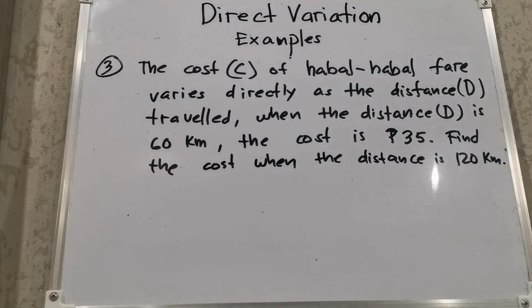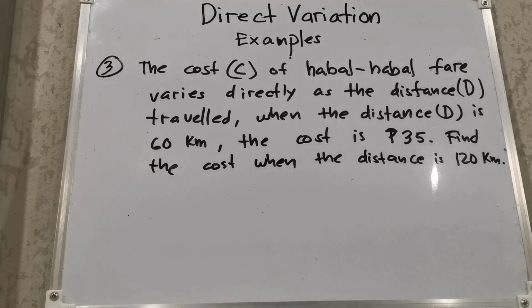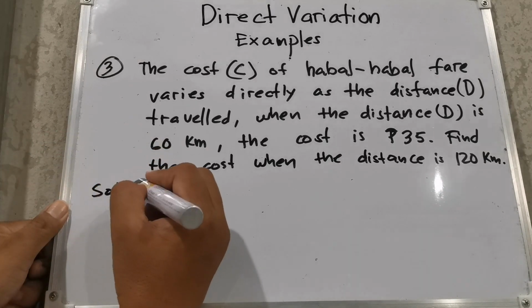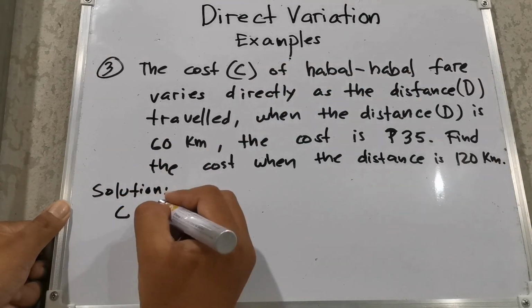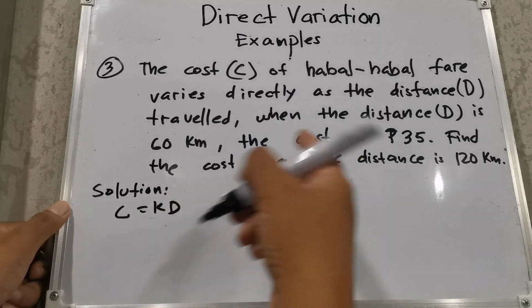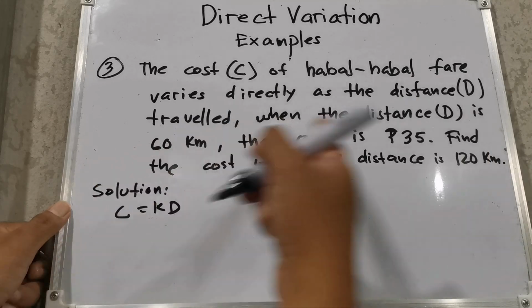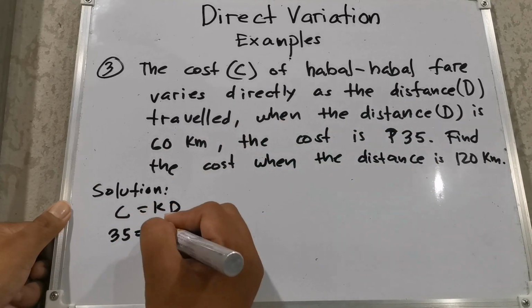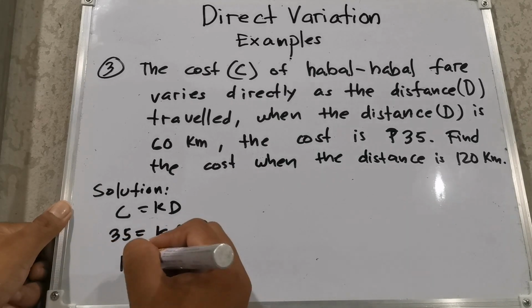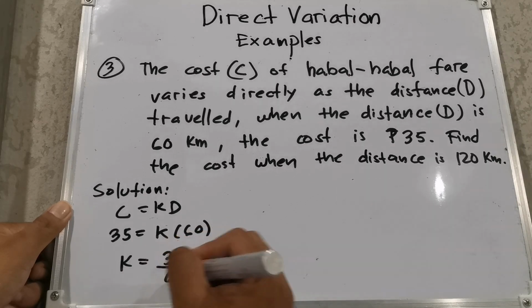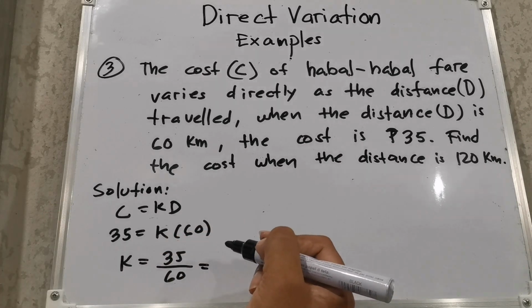Okay, so our third example is: the cost C of a habal fare varies directly as the distance D traveled. When the distance D is 60 kilometers, the cost is 35 pesos. Find the cost when the distance is 120 kilometers. So here is our solution. We're going to make our formula that cost C varies directly as the distance. That will be C equals kD. Okay, and then we replace our values. Distance is 60 kilometers and our fare is 35 pesos. So we're going to solve for the constant of proportionality. That will be 35 over 60. Simplify this one, we get